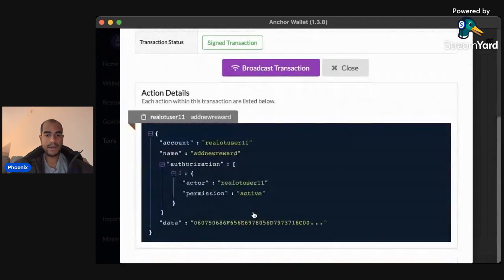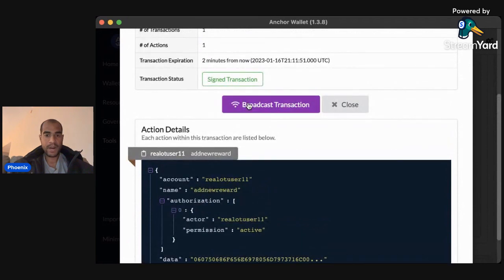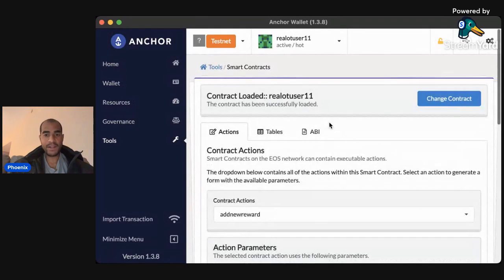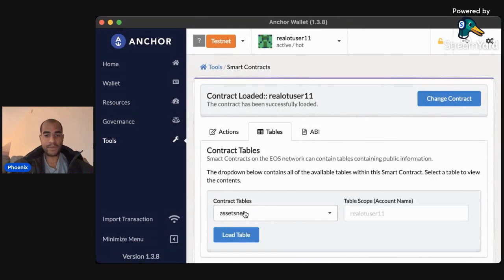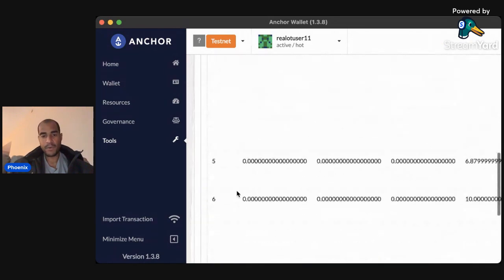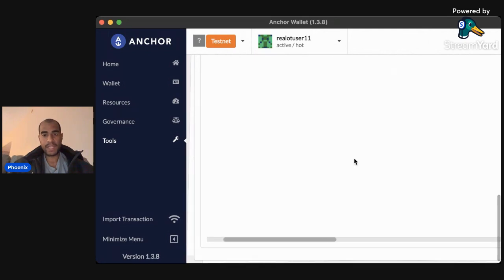So we're going to go ahead and hit create transaction. And this is what's going to be generated. Broadcast. And there we go. So we created that field as well. So now if we go back to our tables, go to Assets New, load our table. Remember that we updated item 6. So if we scroll all the way to the right for item 6,